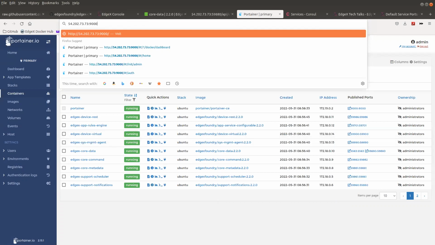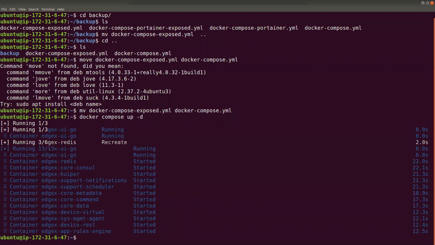I can also start to look at things like the log files that are available inside of EdgeX from off box and pull those down. If we look at any one service, let me bring back here my services. If I look at any one service, we'll see that each one provides a log file. So I can ask for a log by doing a Docker Compose, let's say,